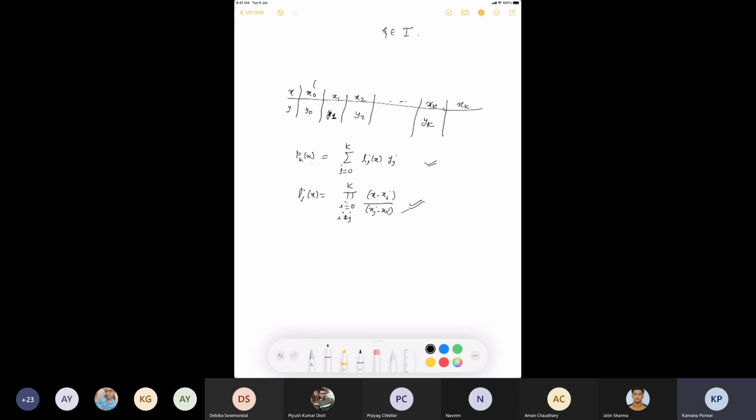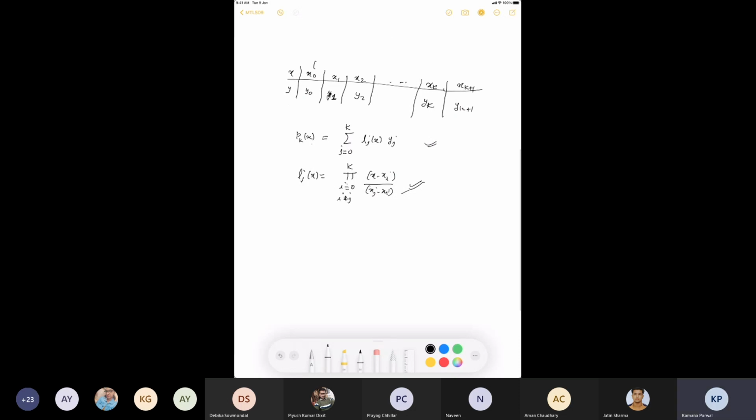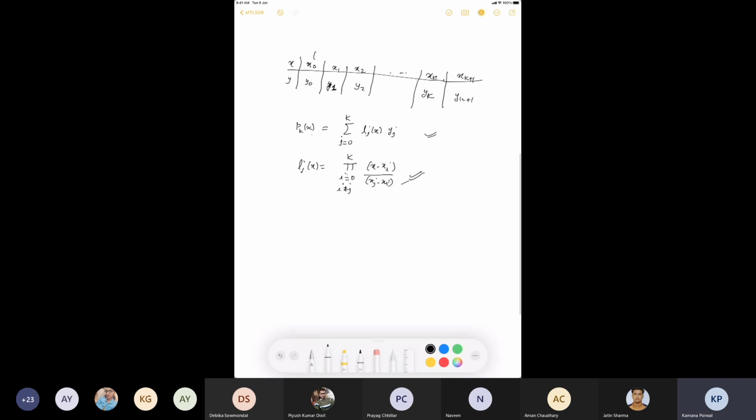And suppose we got the information of one more data point, that is, at x_(k+1) this function takes the value y_(k+1). So now can we use the already computed L_j(x)? We cannot use them, because these are products of all (x minus x_i), so you have to recompute all of them for this new set of data, because your products will consist of one more term in this case. Because of this reason,